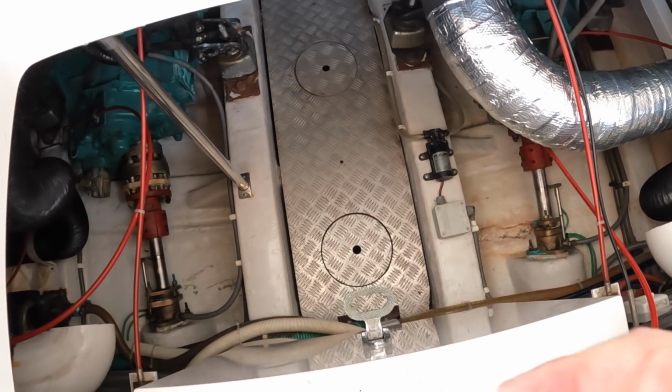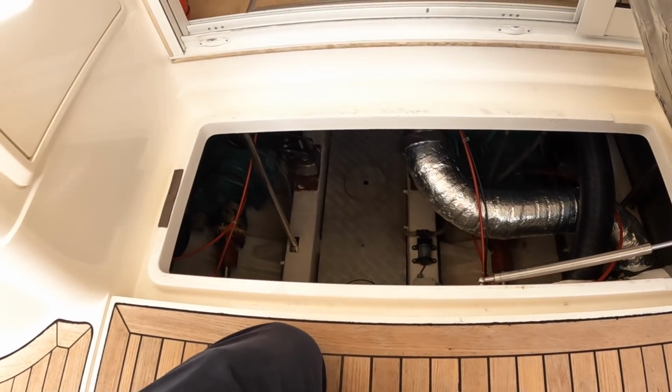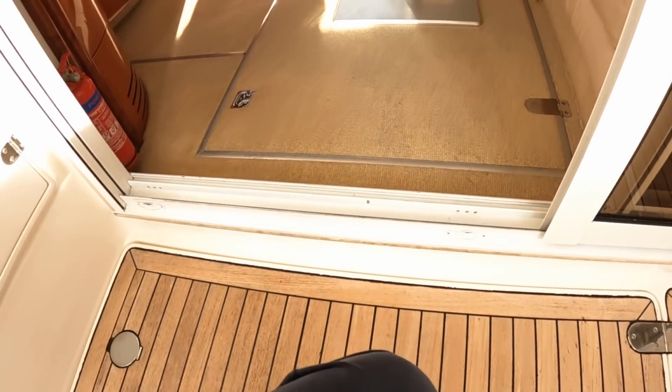And that's a little step down, so you can just drop yourself down there and do a quick check if you want to. Just have a quick look in the morning before you head out. However, there is a more comprehensive access. And to get to that, what we do